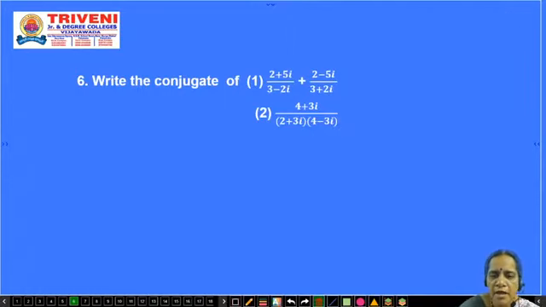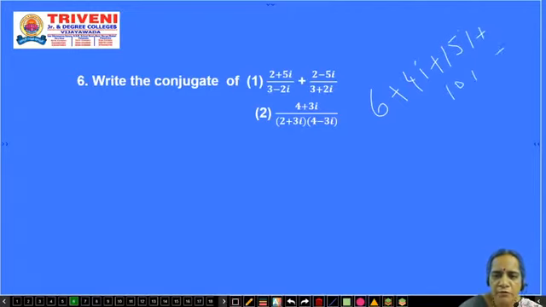Then we have to convert it into A plus iB form. Why are we converting it here? We have to multiply the numerators and denominators. 2 into 3 is 6, plus 2 into 2i is 4i, plus 5i into 3 is 15i, plus 5i into 2i is 10i